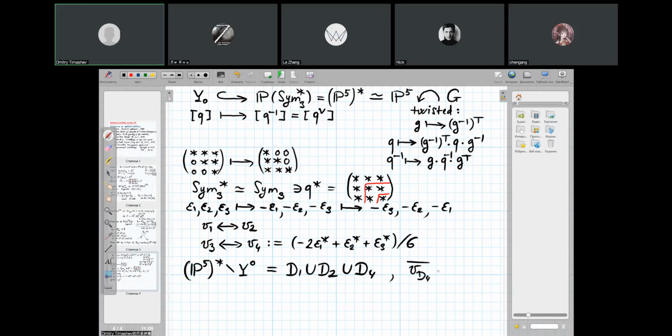VD4 bar is exactly V4. This means that the closed orbit, the unique closed orbit Y2, is given again by the condition that the rank of a matrix here is 1. Because actually this is the same variety, but with the twisted action of G. So this is the same closed orbit, but with the twisted action of G,